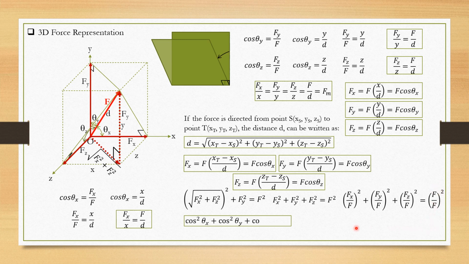So the sum of the squares of the direction cosines is equal to unity, 1. So again, cosine square of theta x plus cosine square of theta y plus cosine square of theta z equals 1. So if theta x equals theta y equals theta z equals theta, then we can solve theta, the equal angle, as 54.74 degrees, and that is computed because theta x, theta y, theta z are equal, so